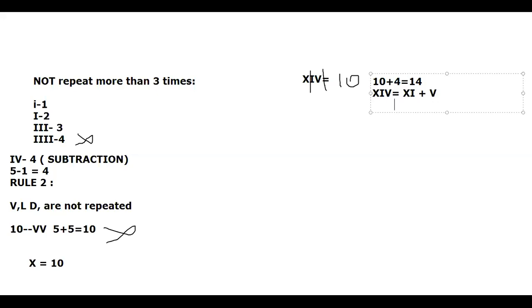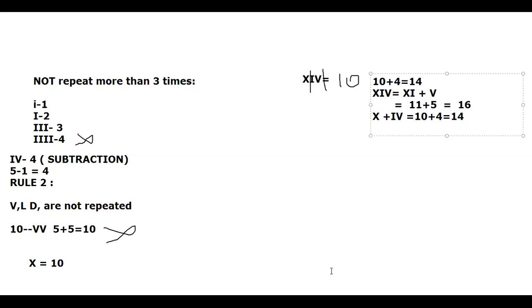Then it will become XI means 11 plus 5 is equal to 16, right? Even this way also we can take. But why didn't I take it? Because here after the bigger number, we have a smaller number. In our rules, after a bigger number, we will not use a smaller number, except when we are doing subtraction. So that is the reason it is taken as X plus IV, that equals 10 plus 4 equals 14. In this way you got XIV as 14.